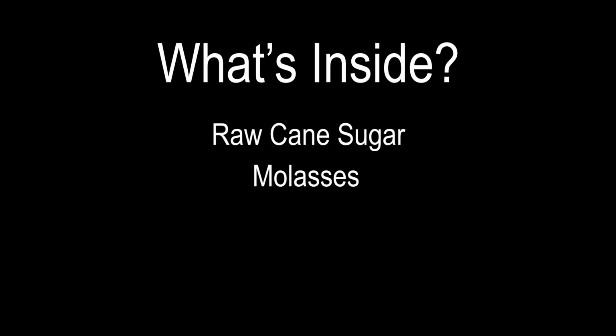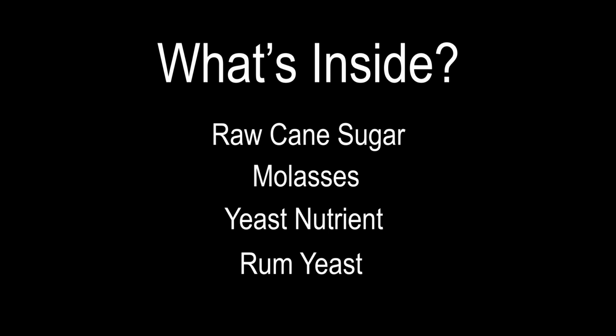So there are essentially 4 ingredients that are going to go into our rum. The first of which is raw cane sugar. That's that kind of brown looking sugar. The second is molasses. The third is yeast nutrient. And then finally, the yeast itself. Different recipes will have different quantities, different variations on the theme. Feel free to look online. There's billions of recipes, no doubt. I'm using a very simple one, and we're going to go over that next.